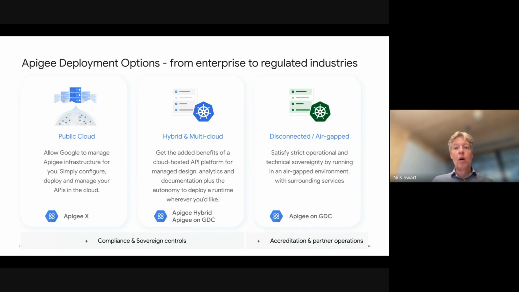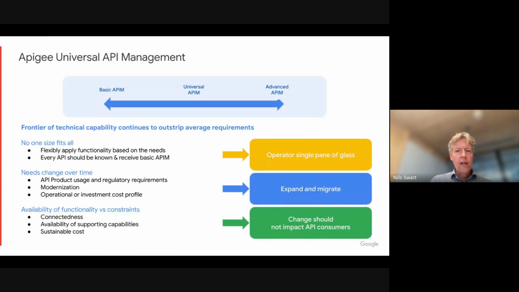Many customers run multiple of these and then some other vendors to go along with it. So getting that sort of single pane of glass view for platform teams is great, but obviously more is needed. And the way we think more is needed is to look at API management more as a universal continuum of capabilities, where you start off with some basic API management, registration of these APIs, basic authentication, authorization, and recognition that